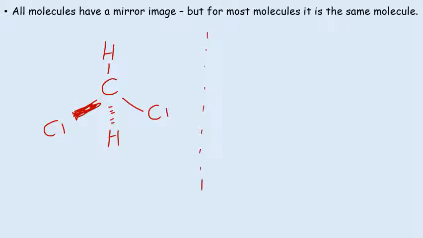We could draw the mirror image for dichloromethane, and these two things would be exactly the same. They would be superimposable. If you were to make these out of molymods, they would literally be the exact same thing. However, for some molecules, the mirror image is not the same thing, and these two molecules would be said to be